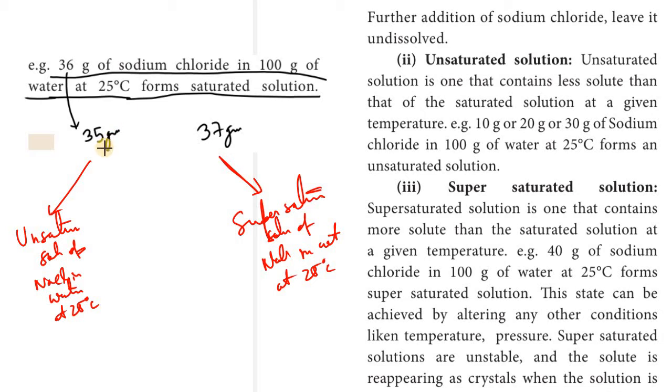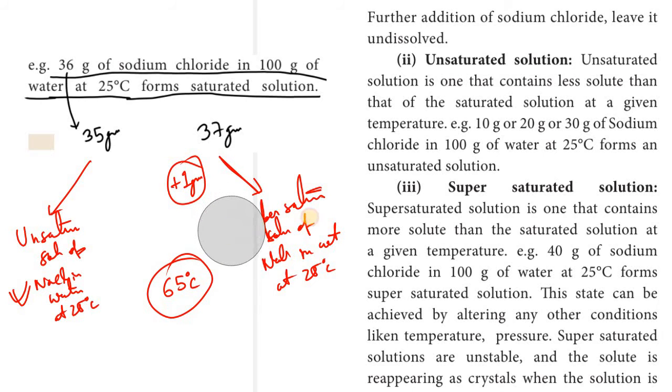Now let me ask you, my dear students, suppose I increase the temperature to 65 degrees centigrade, what will happen? Then you will see that this is already unsaturated, no question about it. This will remain unsaturated, but the solvent molecules, the water molecules, the gap will increase, and probably this 36 plus 1, this 1 extra gram which is not being dissolved, now it will be able to enter the gap, and as a result this time we might have a situation where you will see that this has also become an unsaturated solution. Okay,